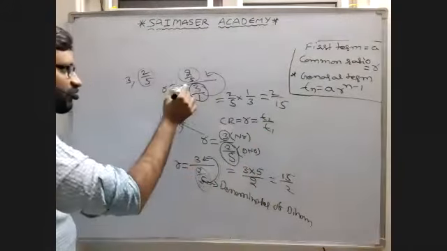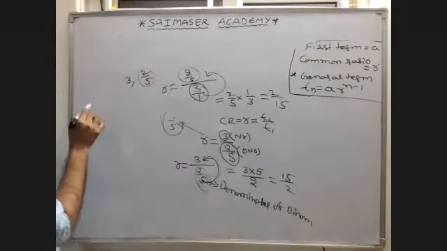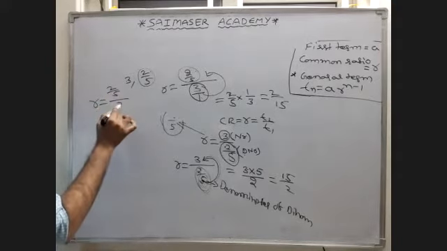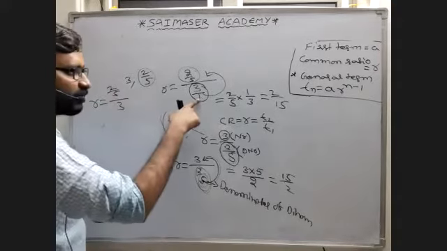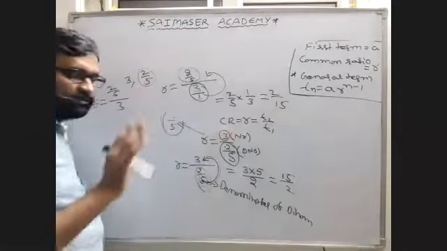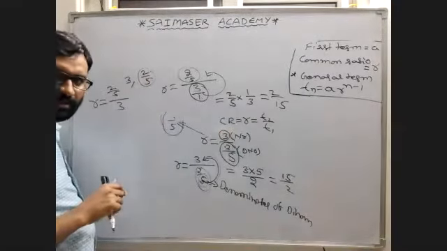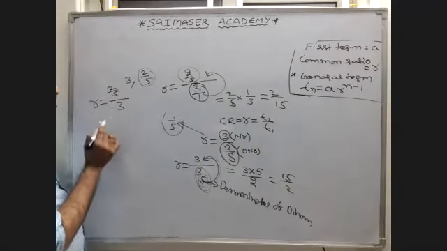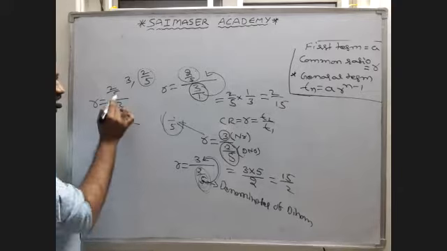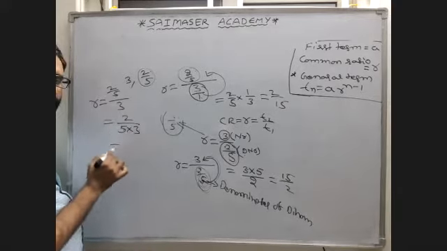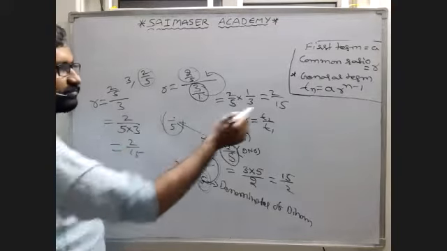Or you can write without writing the denominator also. Listen carefully. R equal to, we have 2 by 5 by 3. I'm not writing 1 now. With writing 1 you can write like this. Without writing 1 also you can write. How do you know? Just take 5 as the denominator. That's 2 by this 5 will be the denominator, 5 into 3, 5 times 3 is 15. 2 by 15.